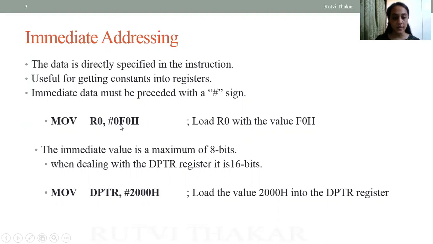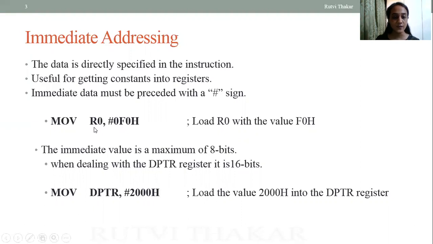Now one question will be, if F0 is moved, what is this 0 which precedes it? F0 is the data, but in some of the simulators, when we program 8051, it requires a 0 to be written before any alphabetical value that you have to load, or else it will take it as invalid data. Hence, in general practice we write MOV R0, #0F0, so that F0 is the data which will be stored to R0.